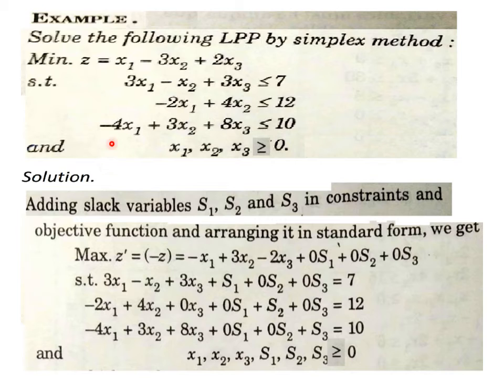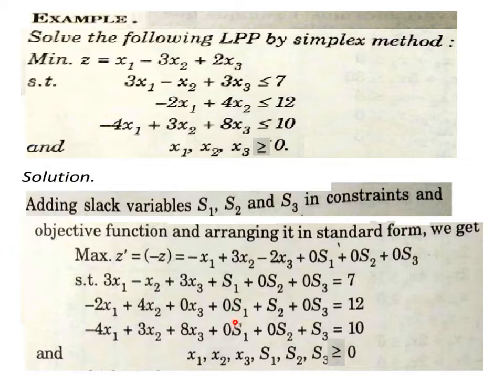And as you can see, x3 was there in the first constraint, all 3 are there. In the second constraint, x1 and x2 are available, x3 is not, so 0 x3. So x1, x2, x3, s1, s2, s3 in column-wise alignment is always required, and we have converted all less than or equal to inequalities into equalities. As 3 constraints are there, we need to create a 3 cross 3 identity matrix, which we have done using slack variables.